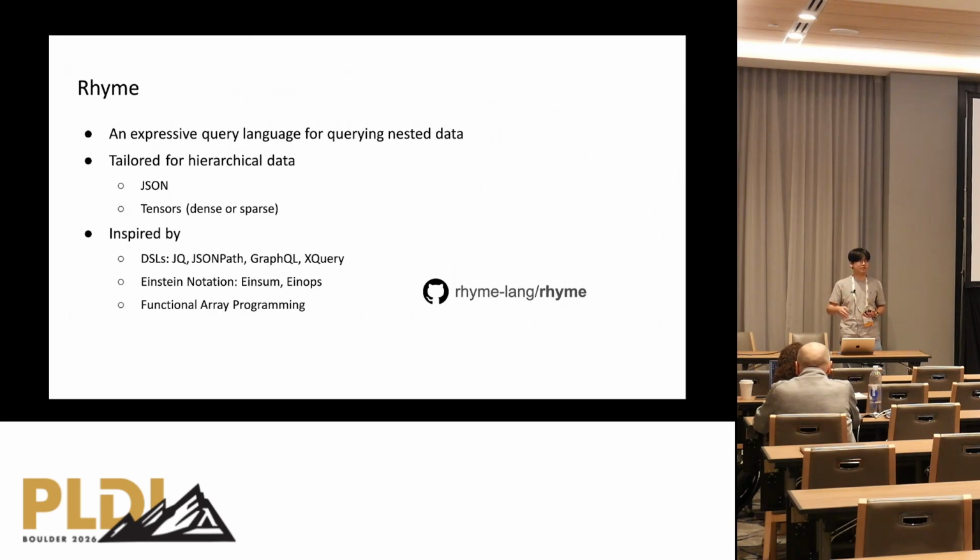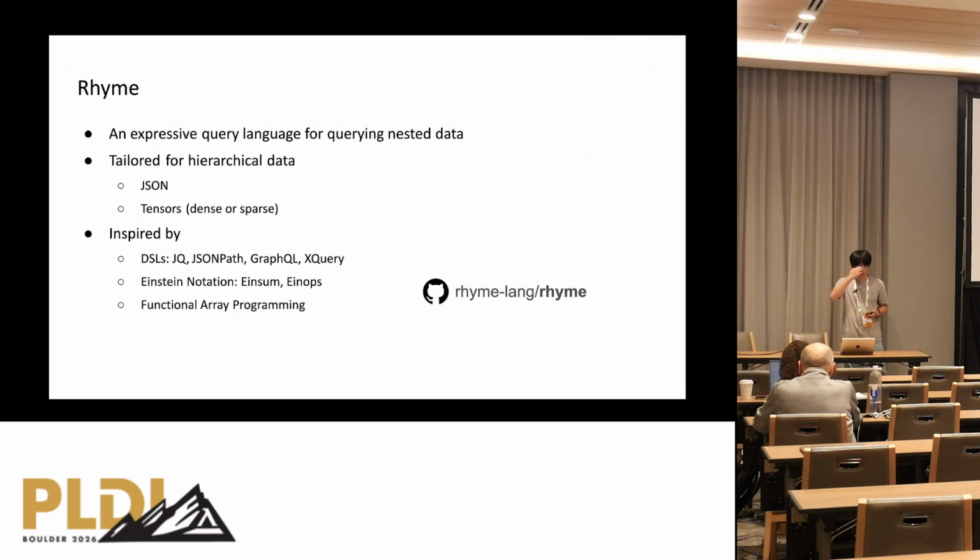But since JSON is a very widespread data exchange format nowadays, none of these tools express tensor operations easily using their syntax. So we show that with RHYME we can express tensor operations and queries from different styles of workloads very